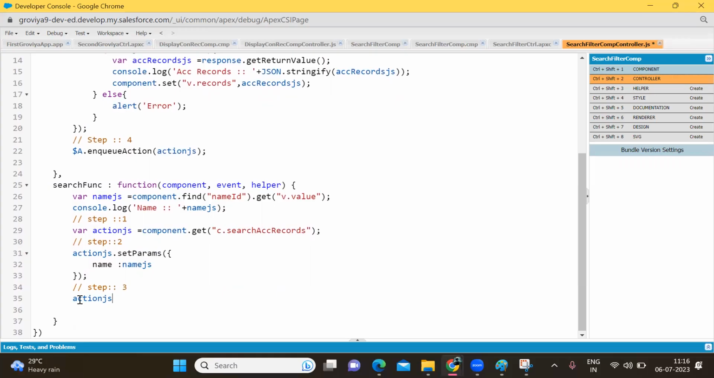Step 3, set callback. In set callback there are two mandatory parameters, this and function. In the function we will get the response. To get the response, first we will check the state. So response dot get state, then store the state in one variable. If state is success,